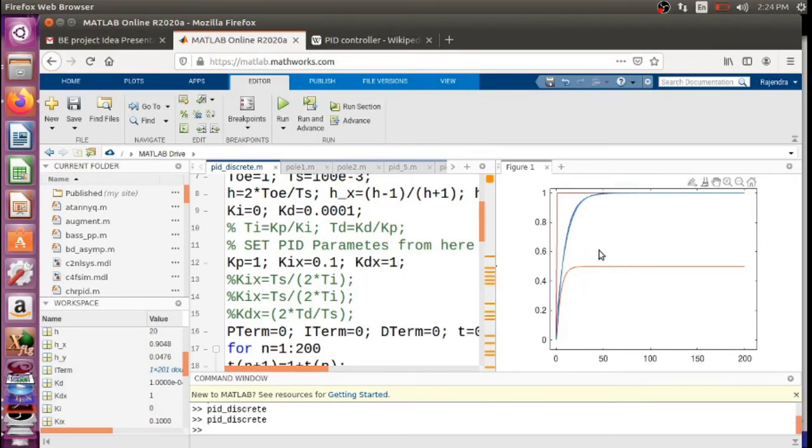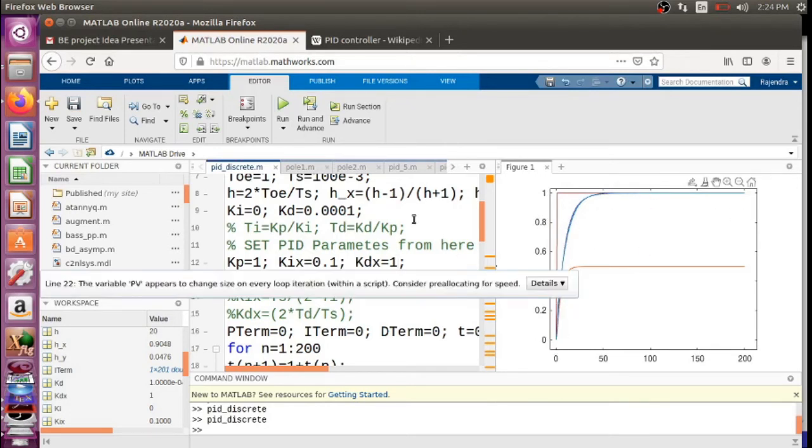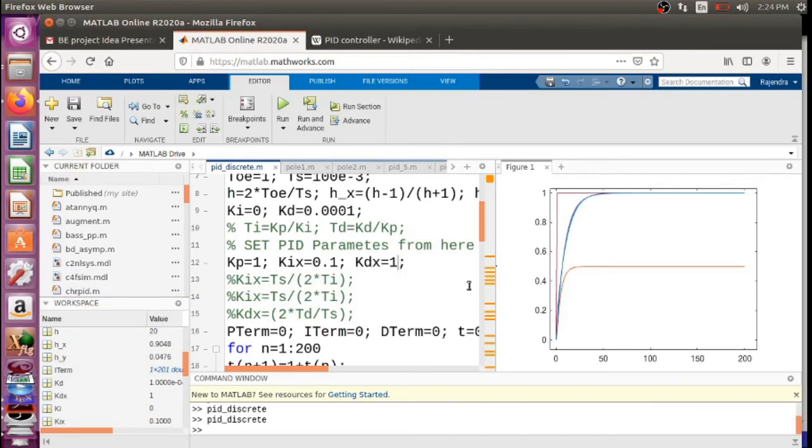There is not much difference, so we can increase this gain to a little higher side.